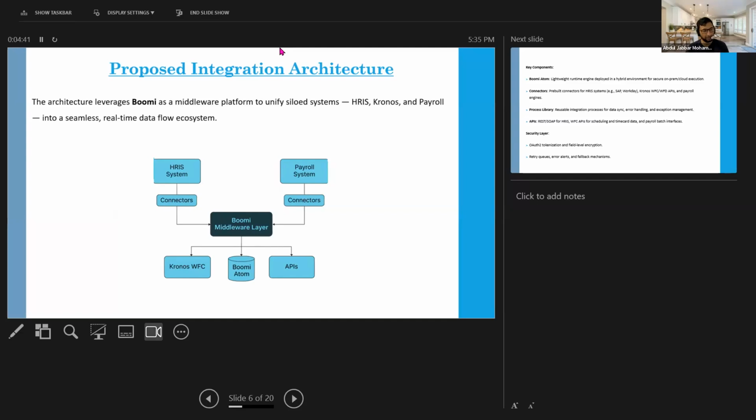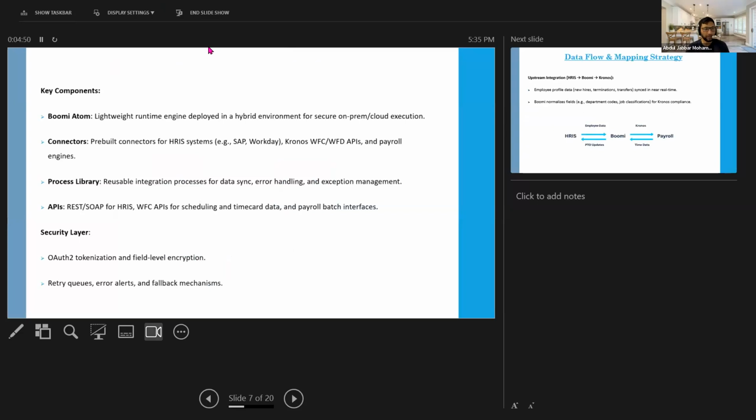Everything that has to deal with the cloud security has to be implemented, right? And then we have the data flow. Now the key components are, we have the Boomi Atom. Now the Boomi Atom is a lightweight runtime engine that is deployed in a hybrid environment for secure on cloud